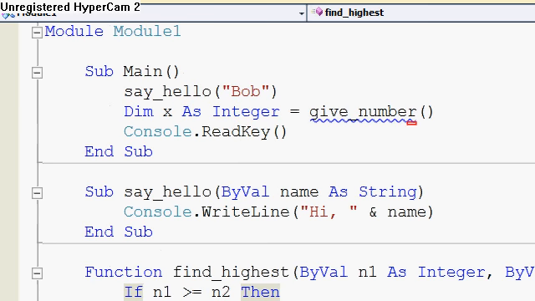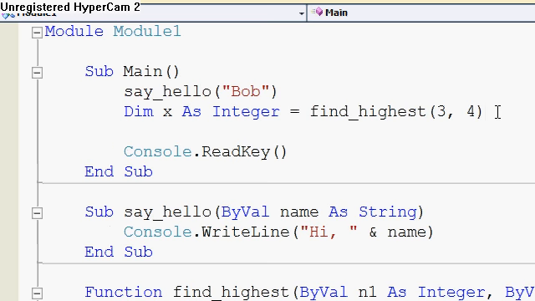So let's go back to the main and let's see how this works. Again, I changed the name, so I need to call this by the appropriate name, which is now called find highest. And again, how we pass multiple parameters is just by the comma. So I'm going to pass this 3 and 4, and then I expect x now to be 4,